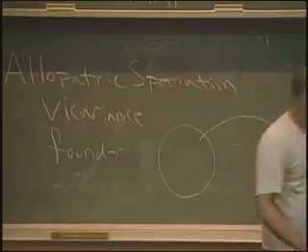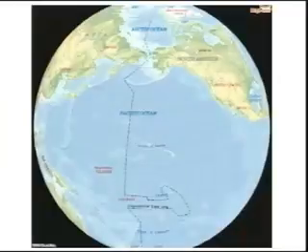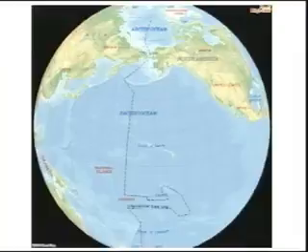Okay? Let's go ahead and I think I've got some examples here. So here's an example of a volcanic island. This is the Pacific Ocean, and we have the Hawaiian Islands right here. The Hawaiian Islands are volcanic in nature. They're formed from volcanic action. And interestingly, as you go further north and to the west, the islands get progressively older and older. So for instance, Kauai, which is near the tip of this range of islands, is much older than the main island of Hawaii, where you have active volcanism.